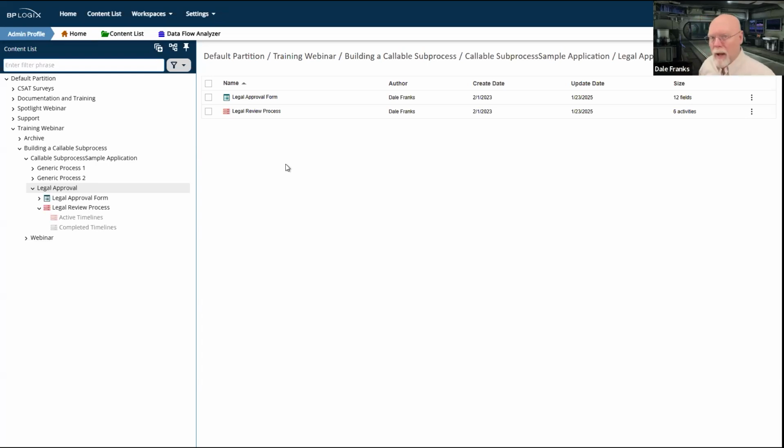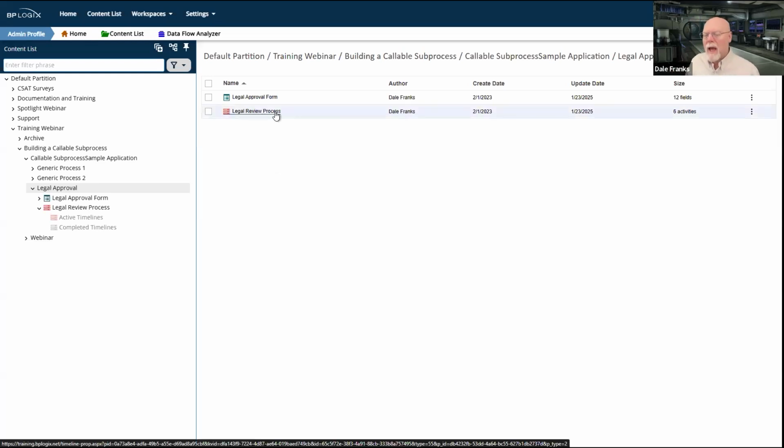In the first half, let's talk about callable sub-processes. Anytime you create an approval process, you may find that some types of approvals get repeated a lot. In this case, I've built a legal review process, because that always seems like a good candidate for a process that has to be called from a whole bunch of different places. For example, you might need legal approval just to put out marketing or advertising materials. Certainly, if you're in any sort of regulated industry, you're going to need legal approval for almost all of your marketing materials.